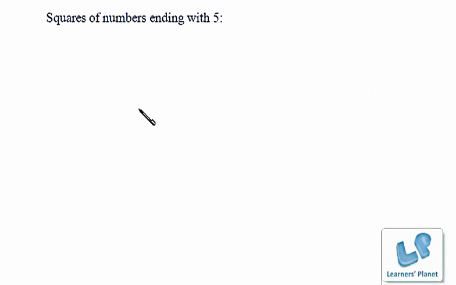Now let us see. Suppose we have the number 15 with us. So now we'll first have to find its square as it ends with 5. We'll first directly write 25. Just remember that we always have to write 25 for finding the square of any number that ends with 5.